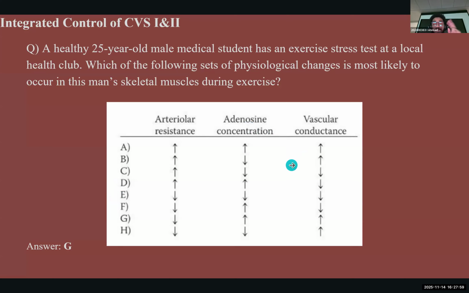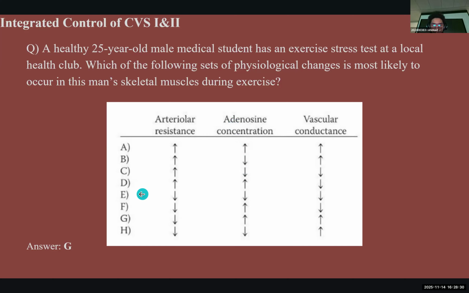Mooney mentioned two important parameters that are responsible for the increase in blood flow as a means of compensation. The first one would be hypoxia or decrease in oxygen, and the second one is metabolites. So adenosine comes from ATP, adenosine triphosphate. When ATP is being used up in our body, it's broken down into adenosine. As a result, when we're exercising, the adenosine concentration is going to go up.